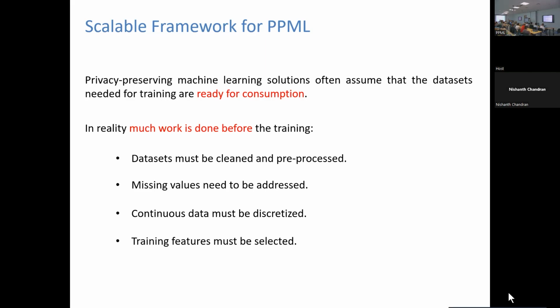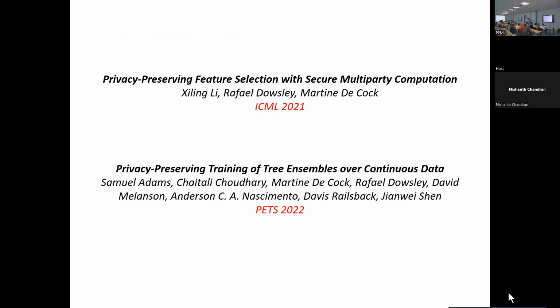Also, a lot of times you don't want to use all the features of the input data that you have, because some features are not so relevant, and other features improve your model more. So you want to do feature selection or feature engineering sometimes. All these things go on other than the training itself. And even once you are done with the training, you have to validate your model. You have to fine-tune your model, right? So the cycle of training and maintaining a model, this whole machine learning pipeline, is not only about training. There are many steps that need to happen in there.